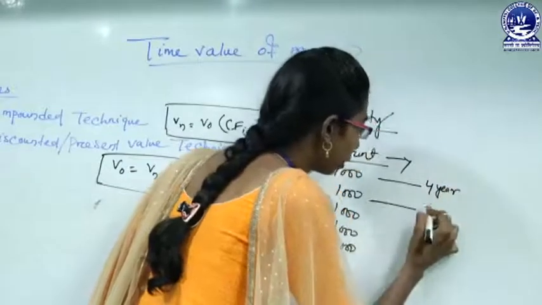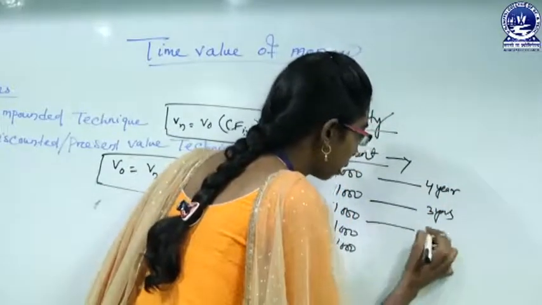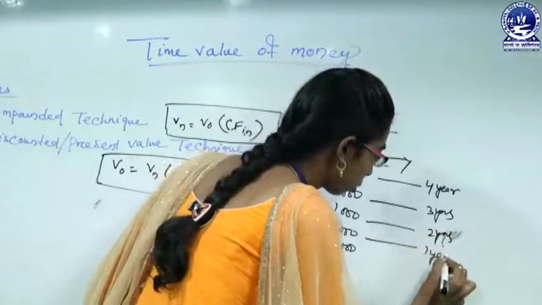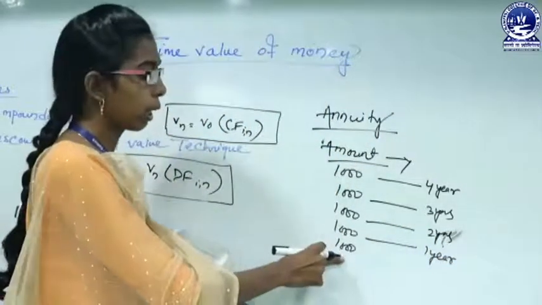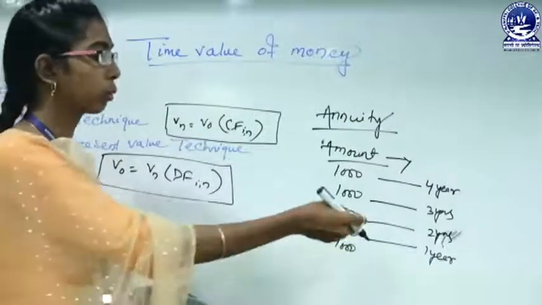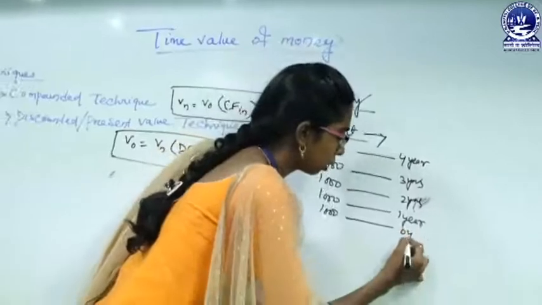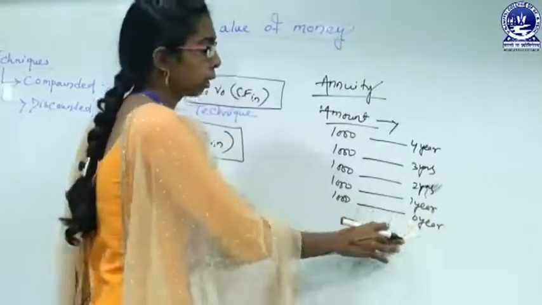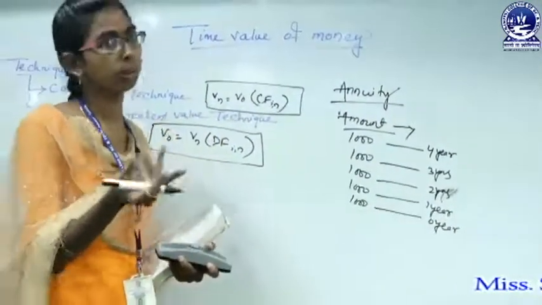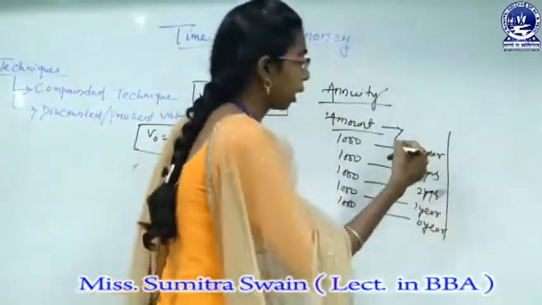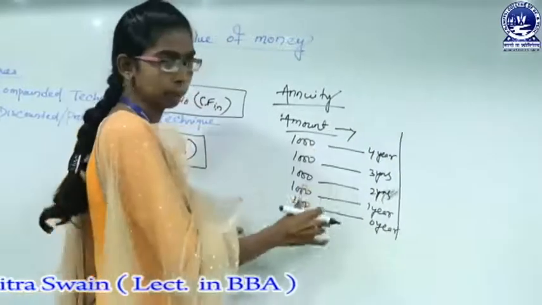ओके. ये जो है 3 years एंड दिस इज 2 years एंड इट इज़ गोइंग टू बी फॉर 1 year. एंड ये जो 1000 लूँगी वो तो बस वही साल के लिए, तो ये कोई कंपाउंडेड नहीं होने वाला है. तो दिस इज विदाउट एनी इफेक्ट बिकॉज दैट विल लास्ट फॉर 0 years. ओके. नाउ आई एम गोइंग टू कंपाउंड दिस फैक्टर्स.